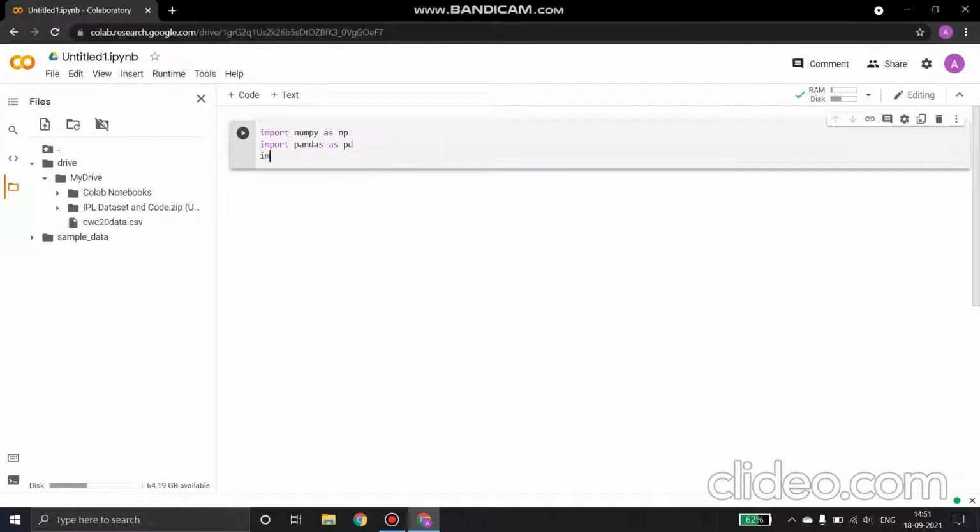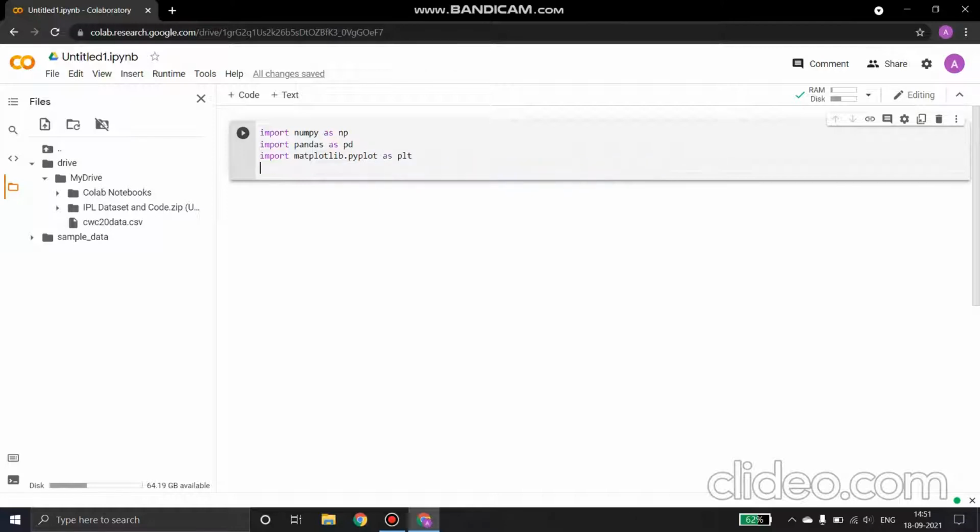Next we will import matplotlib.pyplot as plt, and then one more, import